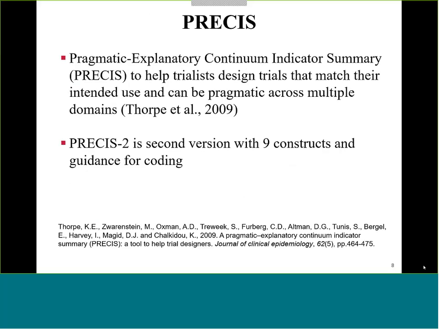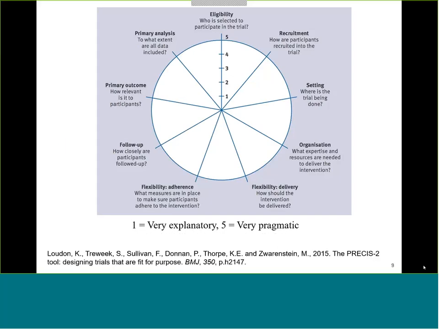So an example of this is the PRECIS type of study, Pragmatic Explanatory Continuum Indicator Summary. The goal of PRECIS is really to help us design trials that match our intended use. This is a useful article that I've cited here at the bottom that you may want to look at by Thorpe et al. But you can also look at the article by Loudon et al. in 2015, where they provide some tools for thinking about